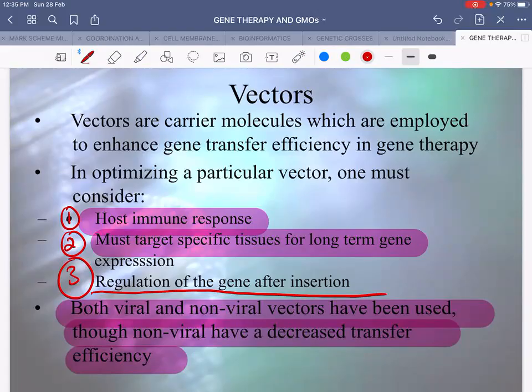That's the most difficult thing to achieve, right? But to sum up, the bottom line is that both the viral and the non-viral vectors have been used, though non-viral have a decreased transfer efficiency. अच्छा, now problem ये है कि if I'm using a viral vector, the efficiency of the transfer of the DNA